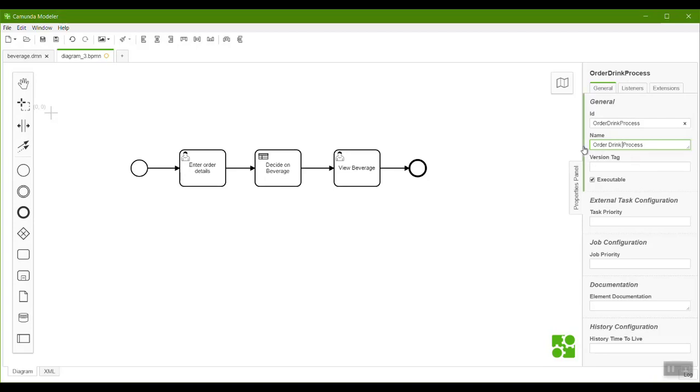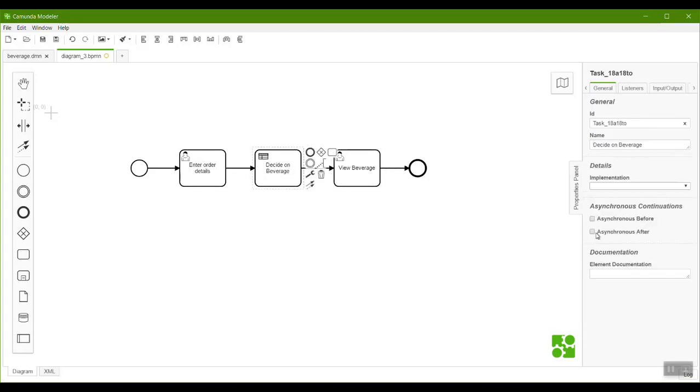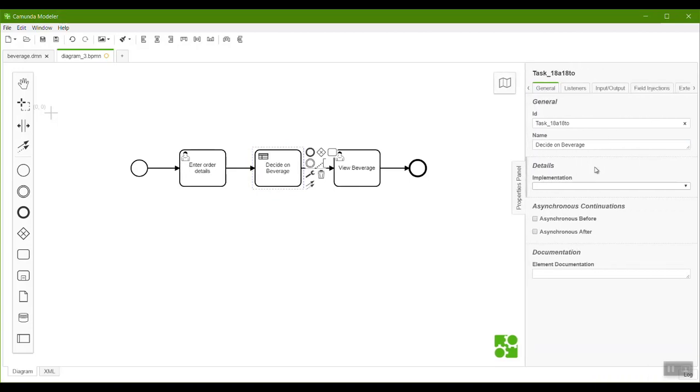Okie dokie. And to make things a little faster, I'm not going to add a user interface for either of these. I'm going to use the default one from Camunda's own task list, which I'll show you shortly. Instead, I'm going to spend my time on this task right here. And if I select that, the properties panel will then change to the context that we're currently in, which is a business rules task. Now, there are lots of ways of implementing a business rules task. If I select the drop down here, you can see we can just call a Java class, maybe an expression, maybe a connector if you want to call an external service, or an external task. We also have DMN, which is really important because that's what we're going to be using.